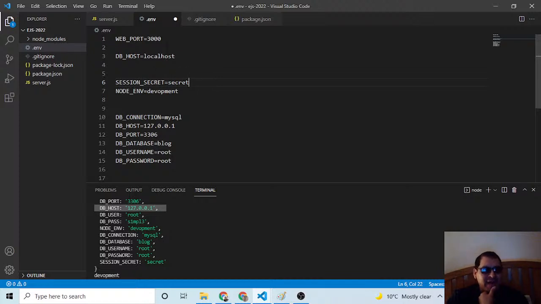Okay, and probably I will have to delete all of this at some point because my node environment needs to be, I don't know. I'll learn. I'm learning. DB host, my host is either one. Okay.